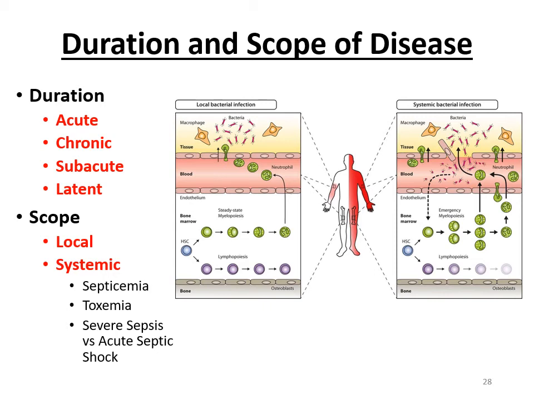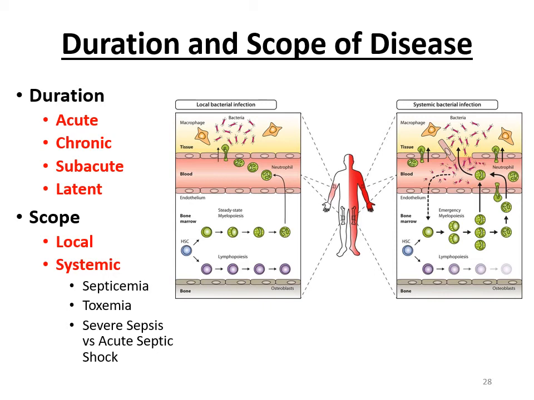whereas toxemia is specific to toxins in the blood. You then see two different forms of sepsis listed. Talking about systemic or sepsis infections is very important, especially if any of you plan on going into the medical field, or if any of you or your loved ones end up in the hospital, because I want to point out that over